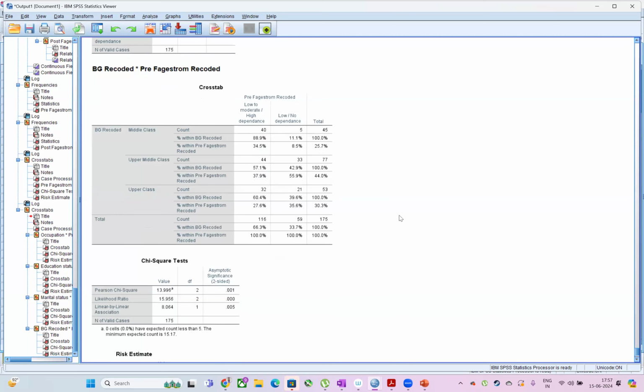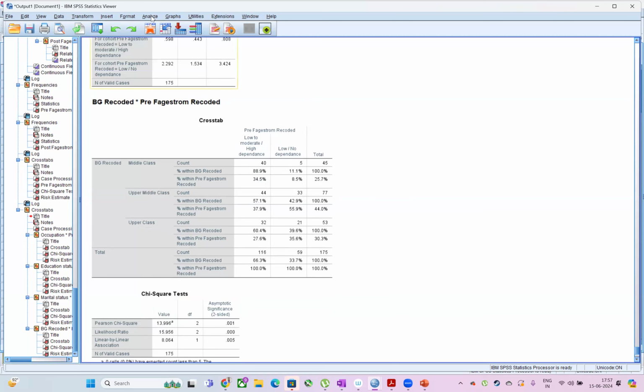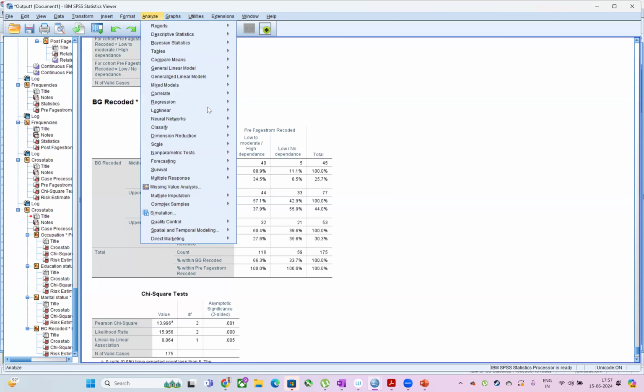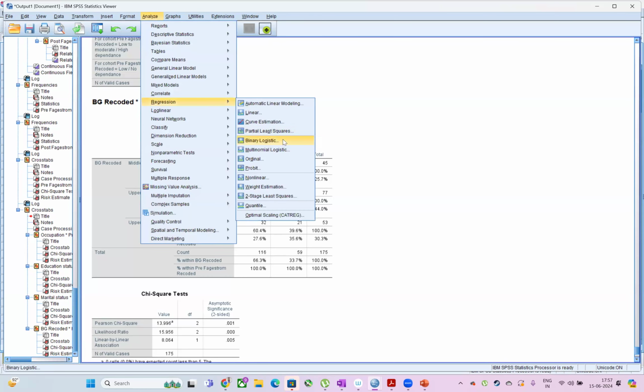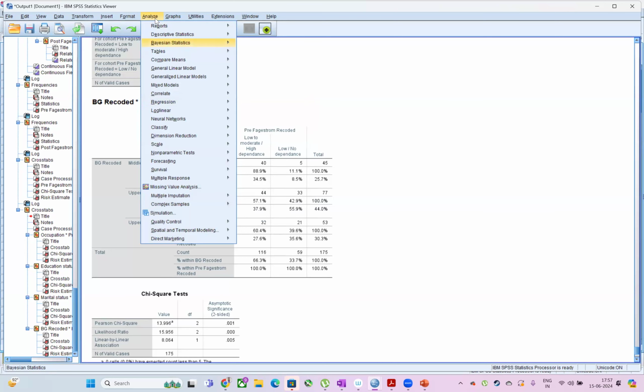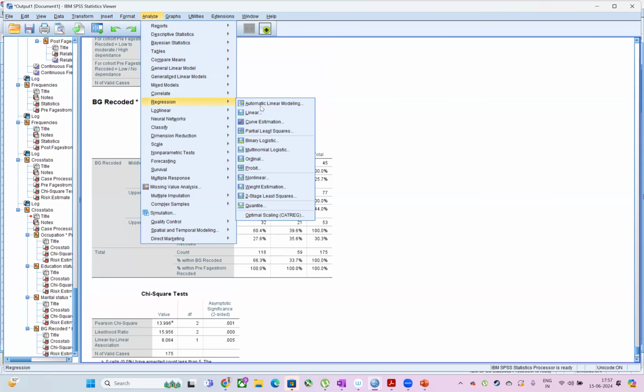Sometimes among the 10 variables, you find only 4 variables with a statistically significant association, either by chi-square, t-test, or ANOVA. Only those variables you will take into the regression. So first we will see the logistic regression. In Analyze, you go to Regression; you have the binary logistic and the multinomial logistic. In binary logistic,